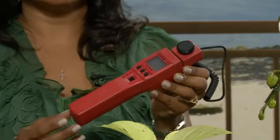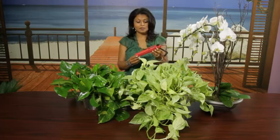light for your plants. Plants need a lot of light in order to photosynthesize. This is how they make their food. It is very important that you determine how many foot candles of light are in your space. You can do this by using a light meter. Light meters can be bought at your local hardware store. They help you determine how much foot candles are in your space. Once you've determined how much foot candles are available, then you can determine how much foot candles of light your